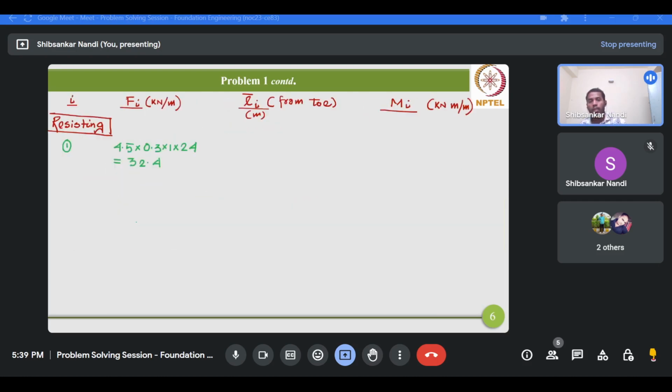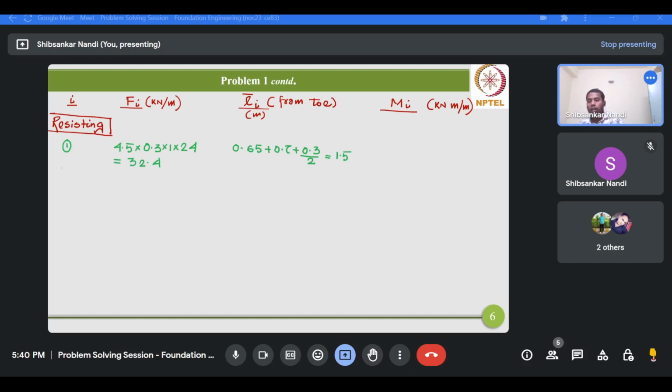Please keep in mind that all the lever arms you should calculate from the toe of the wall. So 0.65 plus 0.7 plus 0.3 by 2, so 1.5